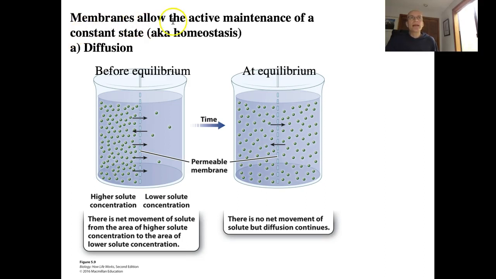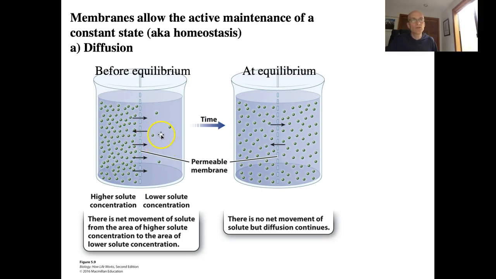So membranes allow the active maintenance of a constant state, which is known as homeostasis. And there are two properties that will allow membranes to do that. One is diffusion, and then a few slides down, this will change to osmosis. So let's talk about diffusion first. If you have a membrane that's permeable, so that means it's a membrane that allows the passage of this green molecule here as well as water, then if you start on this side with a higher solute concentration and